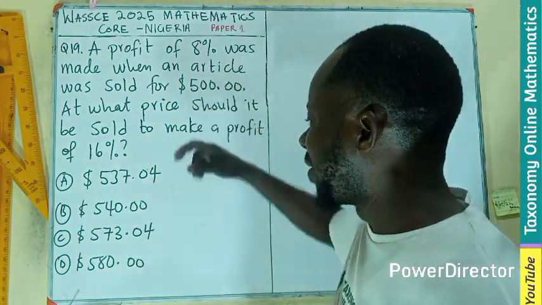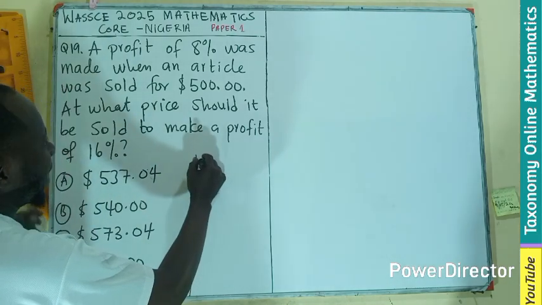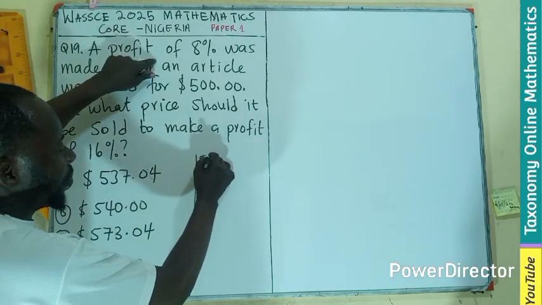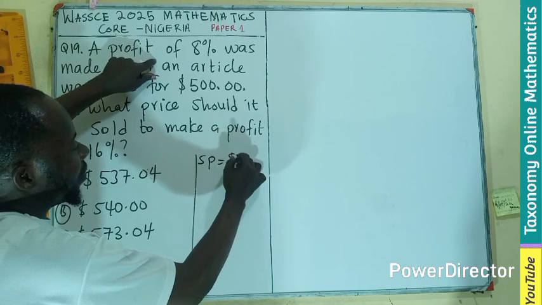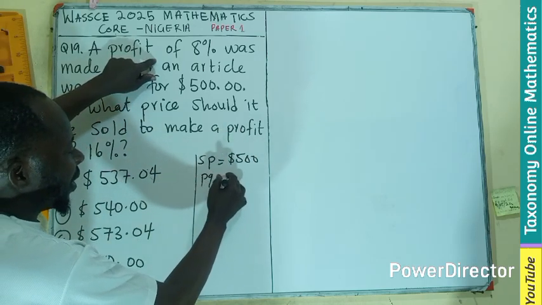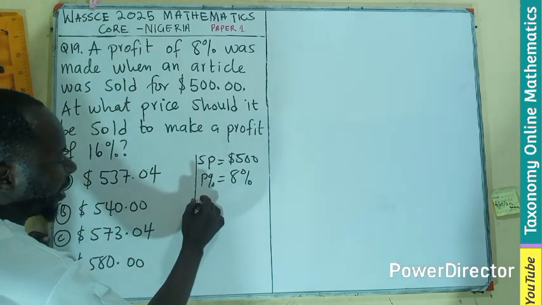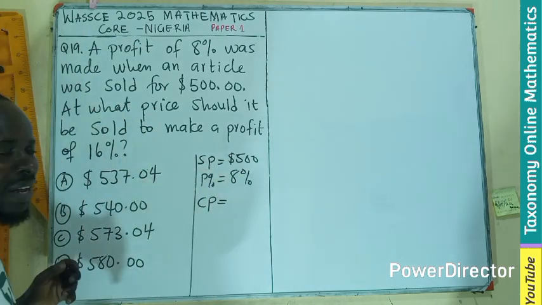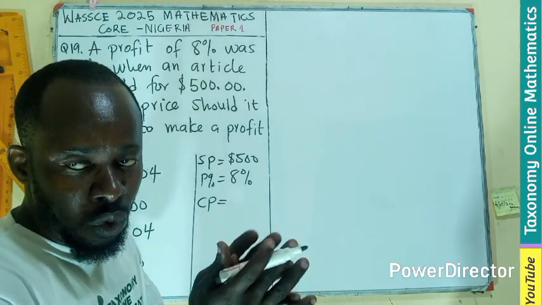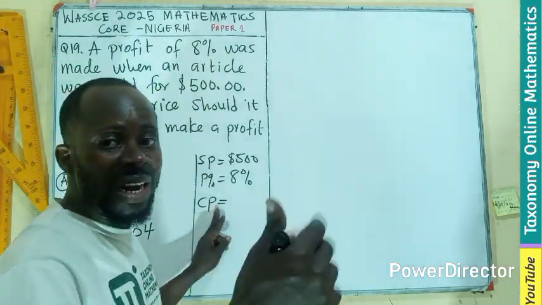We know the selling price. So if I am picking this, we have the selling price. The first selling price is 500. We know the profit percent as 8%. So what do we need? We need to find the cost price, the first cost price. And how do we find the cost price? That cost price is equivalent to